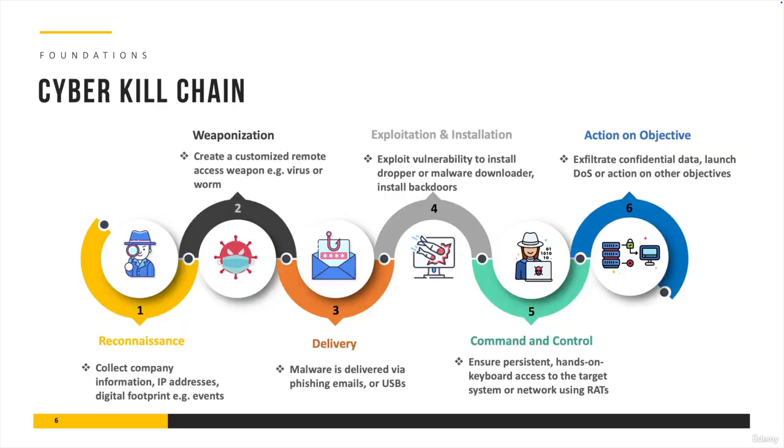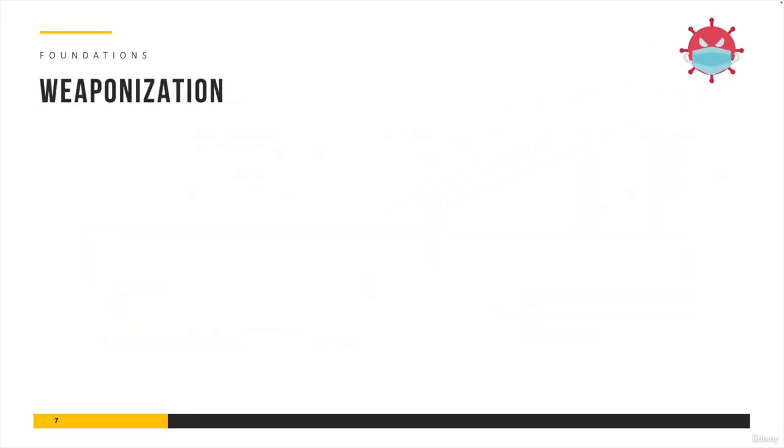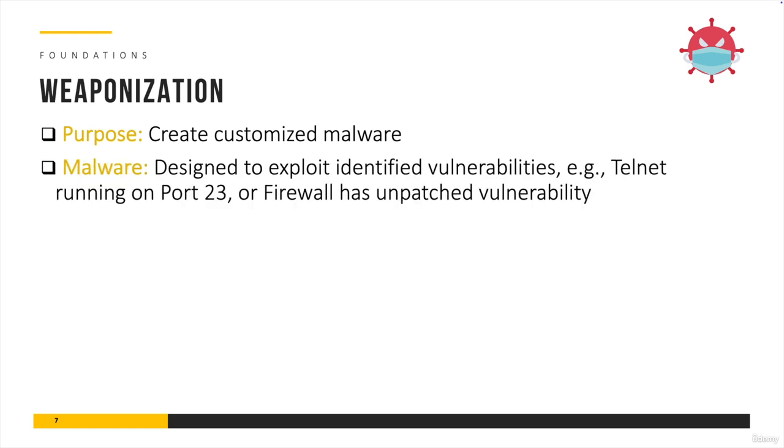Now that we understand how attackers gather intelligence, let's see how they use this information in the next phase, which is the weaponization phase. So in the weaponization stage, the attacker is going to leverage all the information that it has achieved in the reconnaissance phase and try to craft a malware or an exploit. Now, malware are typically designed to exploit identified vulnerabilities. So for example, if they have a telnet running on port 23, or the firewall has an unpatched vulnerability,